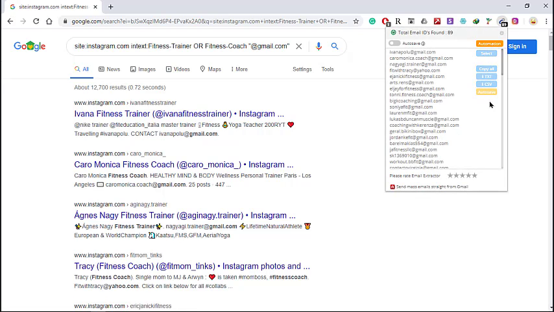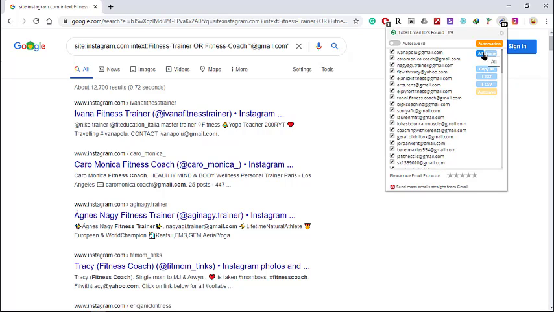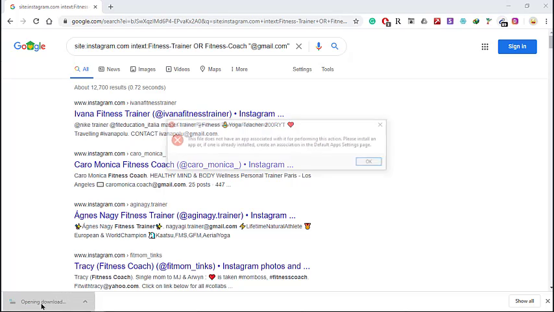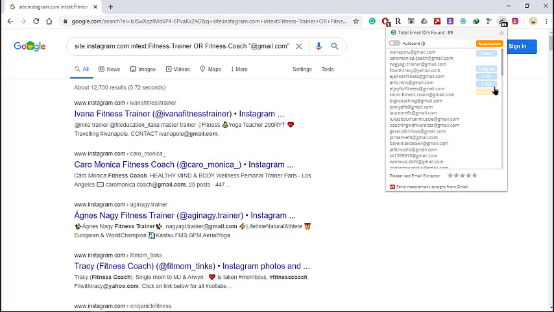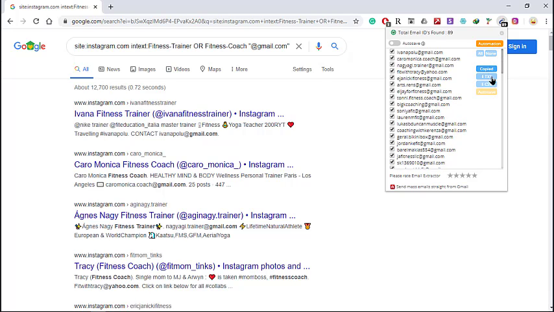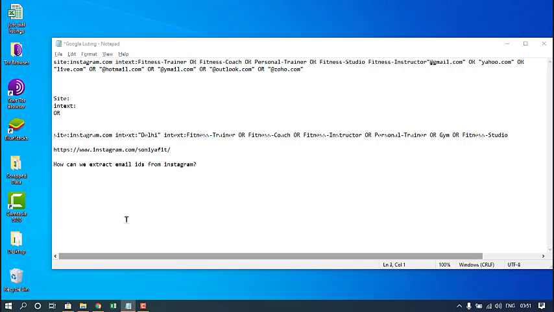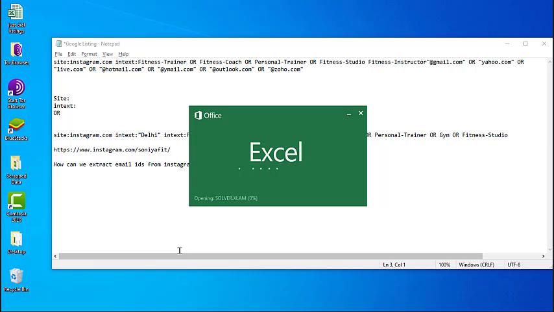Now I'm going to select all and export it to CSV format. I have downloaded this file here. You could actually copy it and open an Excel file.